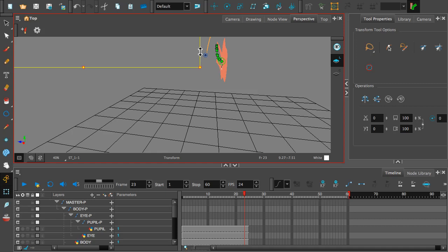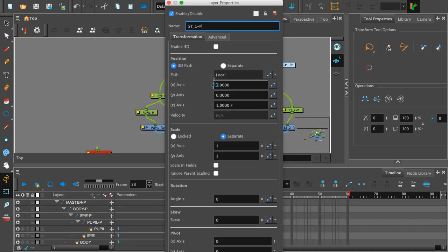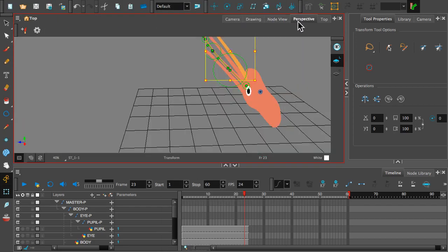You'd be better off just doing this. Can you see what I've done here? That was 1F. And if I just go to perspective view, can you see how it's sitting in front? So maybe 1F is a bit strong, maybe that's a little bit too much. So let's go back in. I don't know, it used to be lower integers. It didn't used to let you do it at this level. But that let me, so that's a positive. So now if I go back to perspective,